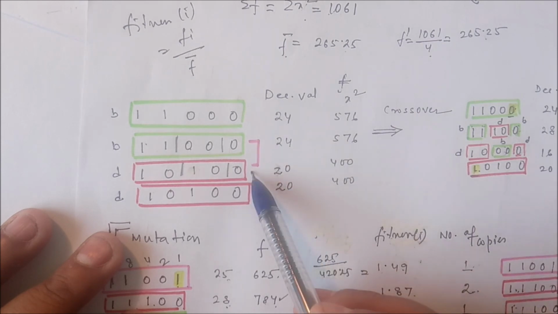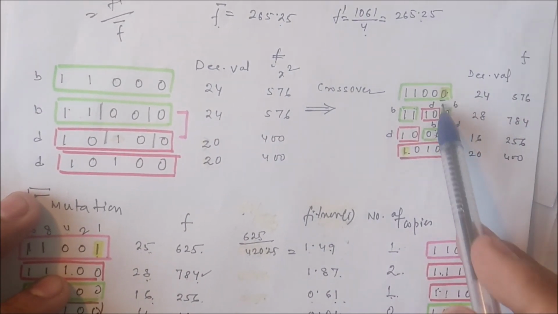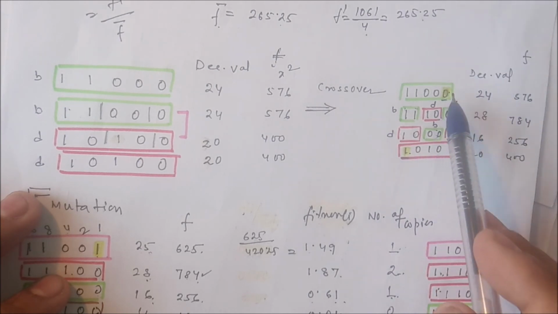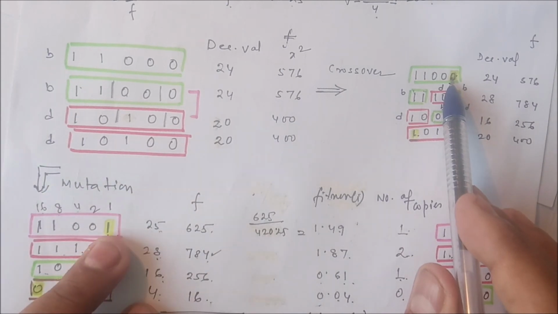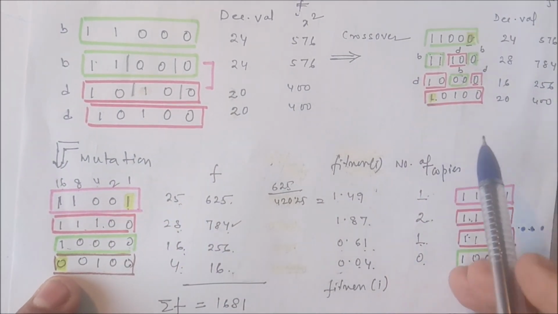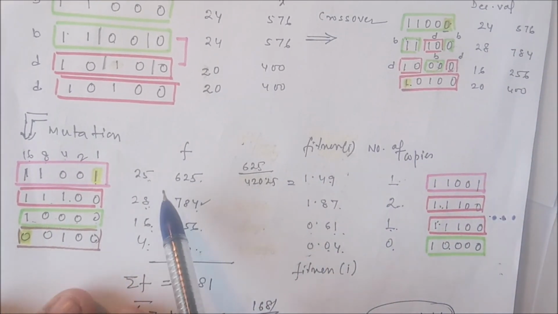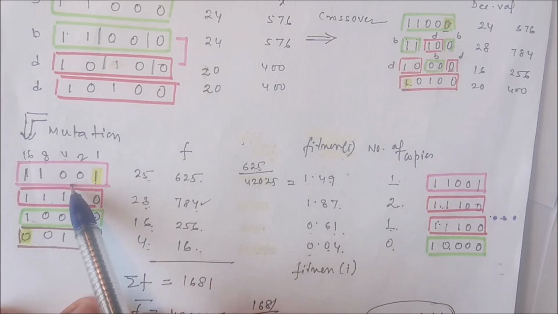फिर B और D के बीच में क्रॉस ओवर कर रहे हैं। क्रॉस ओवर करने के बाद हम लोग यहाँ पे म्यूटेशन कर रहे हैं, रैंडमली कोई भी बिट ले रहा है। सपोज ये सिलेक्ट हुआ, ये सिलेक्ट हुआ, तो ये जो 0 है ये 1 हो गया, ये जो 1 है ये 0 हो गया। ठीक है। फिर म्यूटेशन करने के बाद फिटनेस हम लोग चेक करेंगे, तो 11001, इसका मतलब